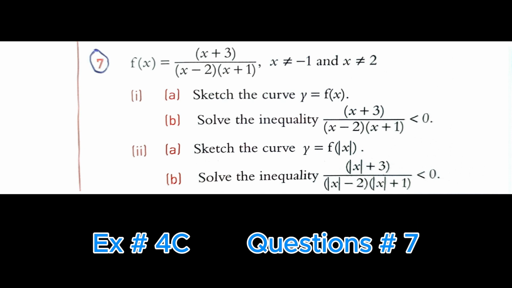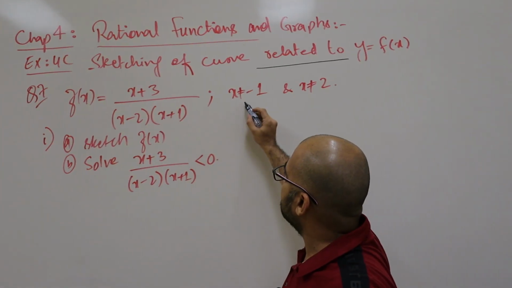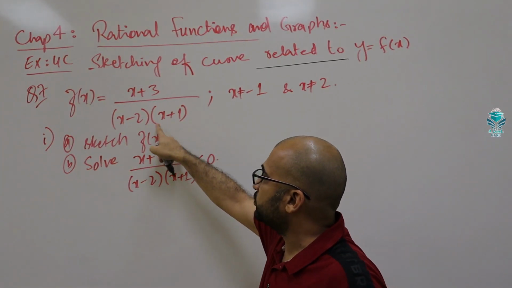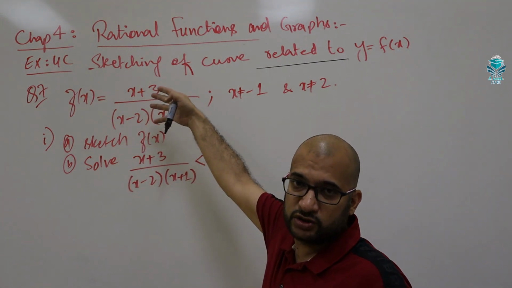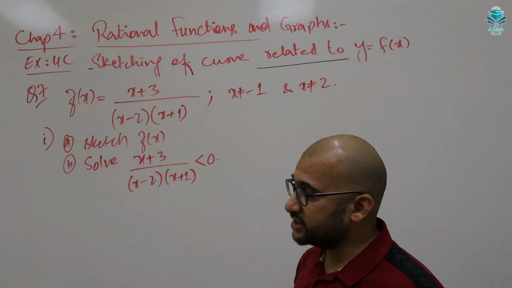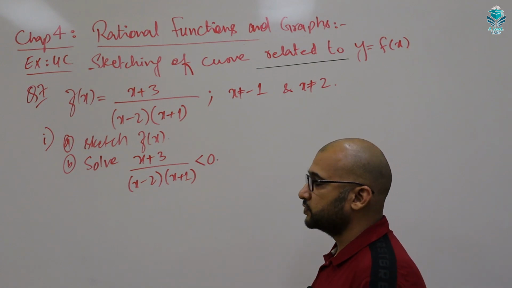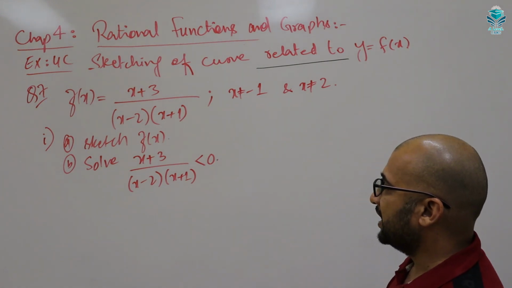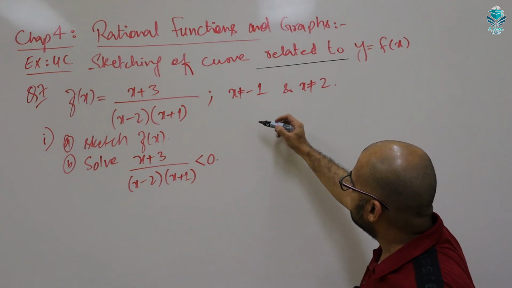In this lecture we are given a fraction function where x is not defined at -1 and 2, because at these two values the function becomes undefined. What we have to do is sketch it. Secondly, we have to solve the function for less than 0. So for the sketching,